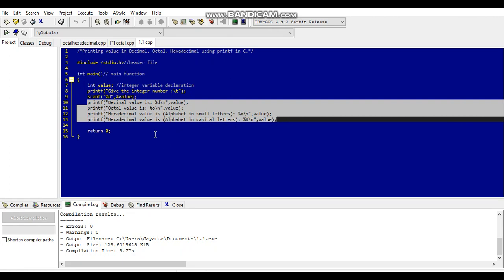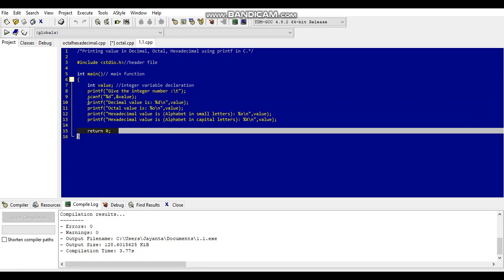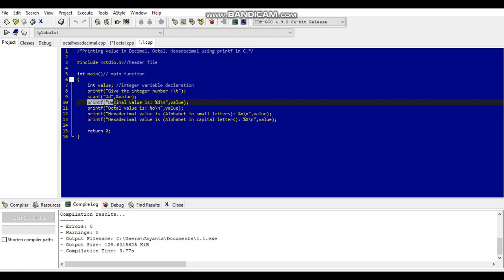So first we have to print with printf: decimal value is %d, because we are going to have a decimal number, of the variable named value.